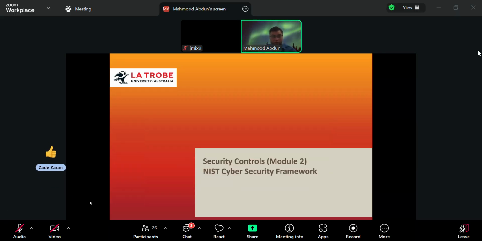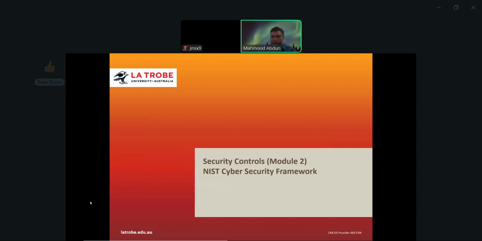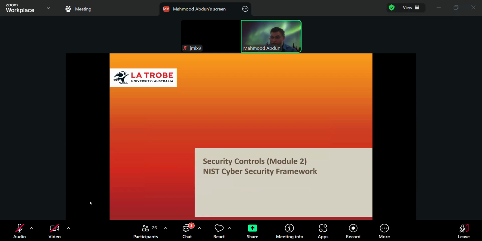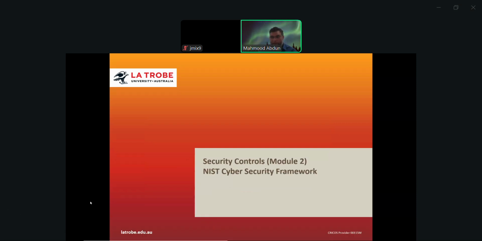Module 2 in week 2 of our cybersecurity principles, CSC 4004 for term 2. Hope you had a very good week, the first week on the introduction of cybersecurity concepts, including the CIA triad, AAA, and generally the understanding of what the principles look like, okay, how the protections look like, and so forth.